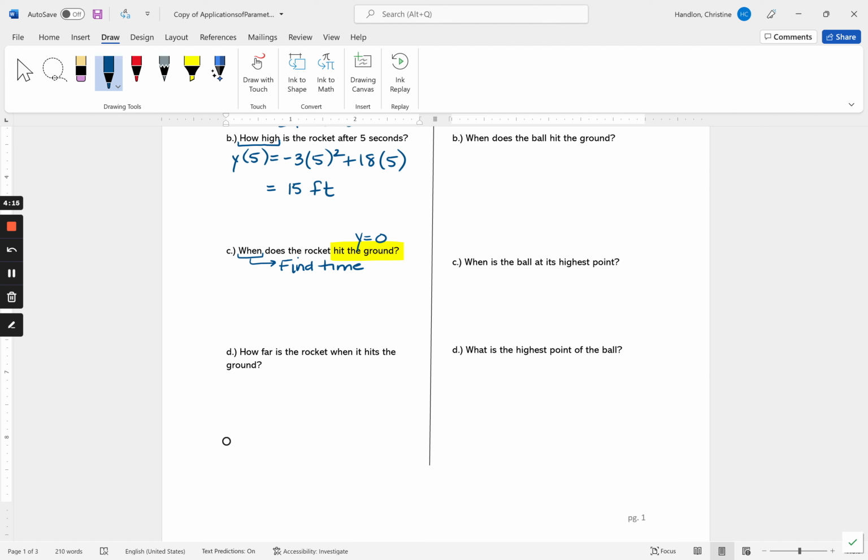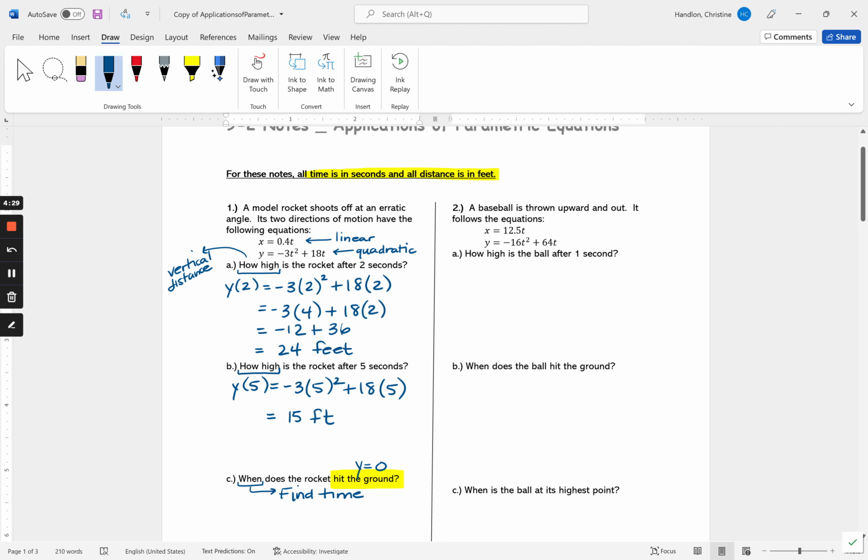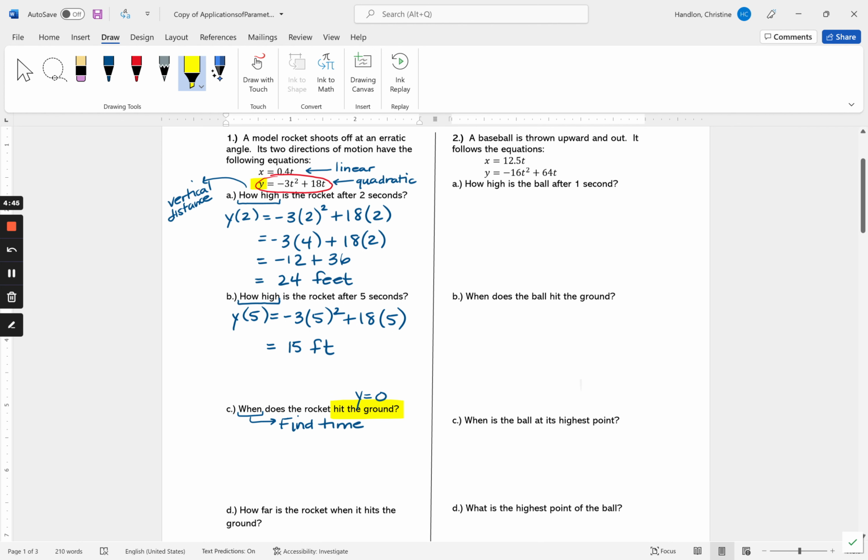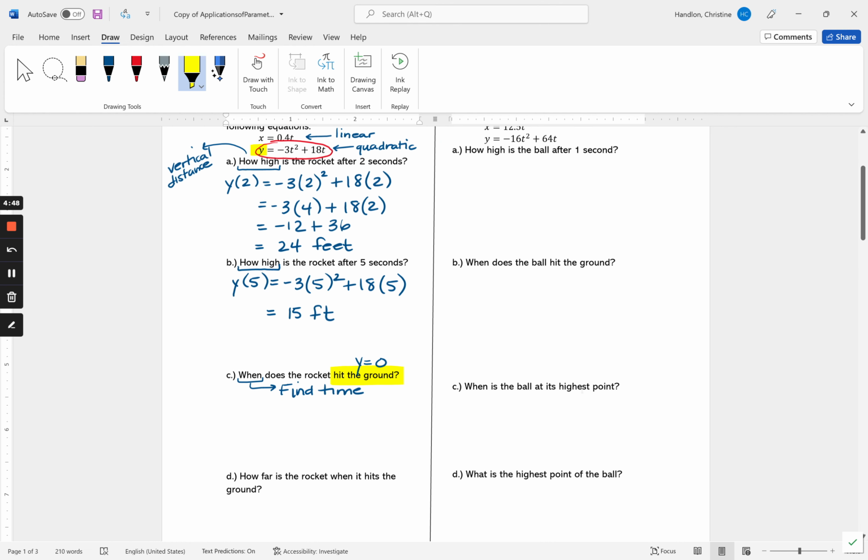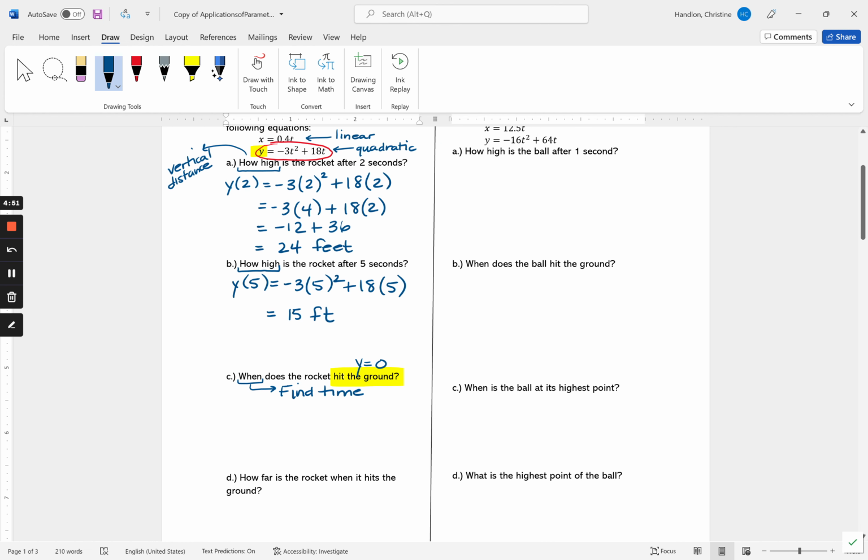So what are we going to do? We are going to use the same equation again, but this time we're going to solve for t while letting our y value be 0. So let me scroll back up here. We are going to look at this equation, okay? But this time, this y value that I'm highlighting right here is going to be replaced with the 0 value because it hits the ground. So let's see if I can scroll just enough where you can see the equation and be able to see the substitution. So that highlighted y is going to become a 0